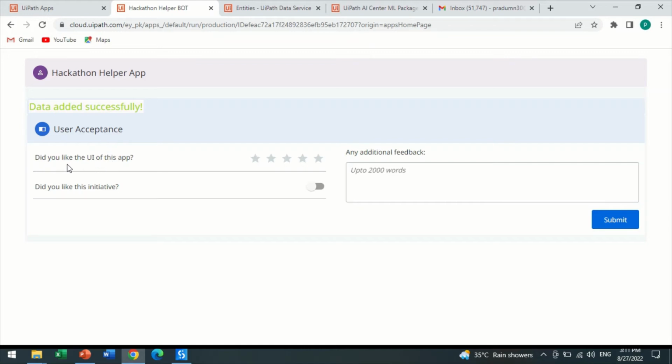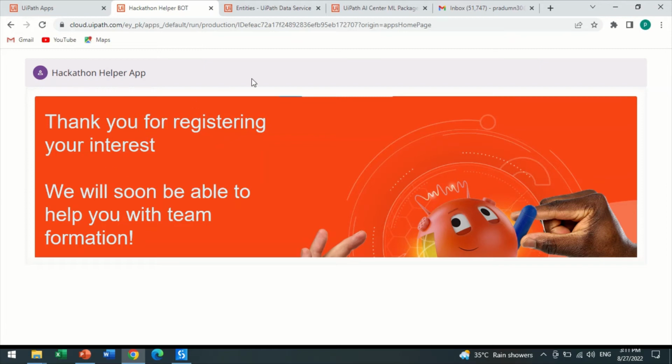So the question is like, do you like the UI of the app? Now since this is my project, I'll just give it a 4 maybe, because I feel some things still can be improved. And do you like this initiative? I'll check it. Any additional feedback? Nothing as of now, just to save time, and I'll click submit. So feedback got stored in the data service and it finally presents us this conclusion page